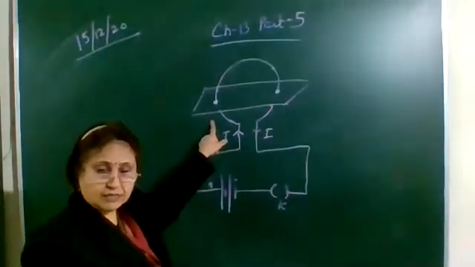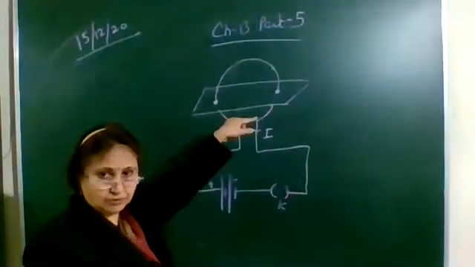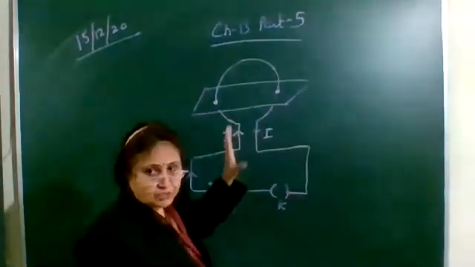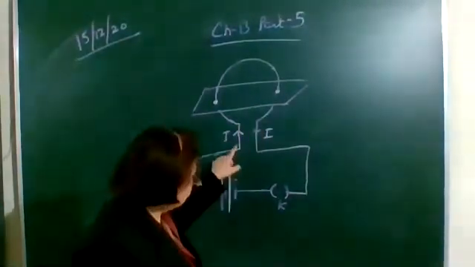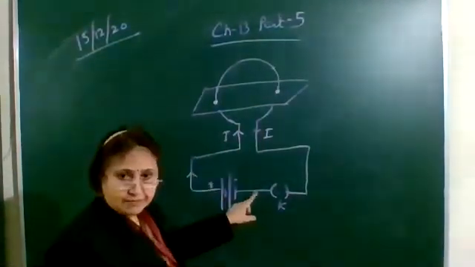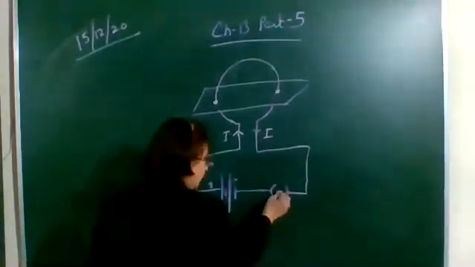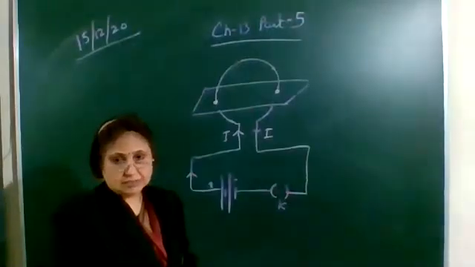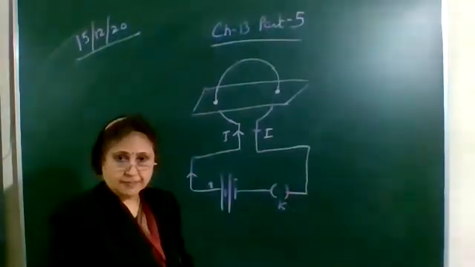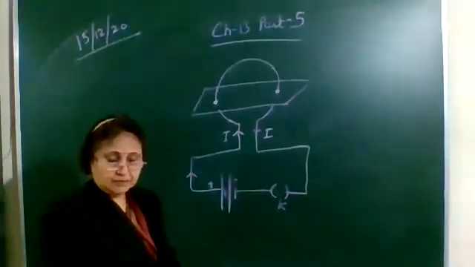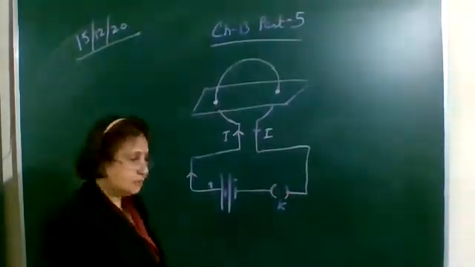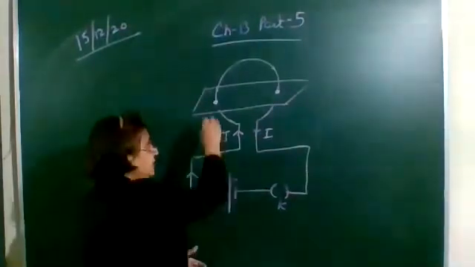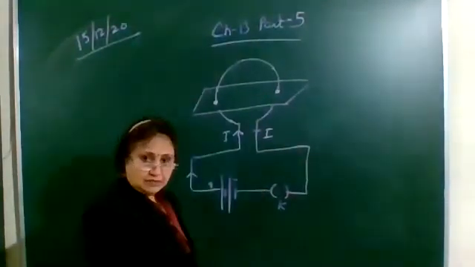So what you have to do is take a circular loop, a circular wire, and pass it through the holes which you have made in the cardboard, and connect the ends of the wire to a battery and a key. Now sprinkle some iron filings on the cardboard and then insert the key. First you have to sprinkle some iron filings on this cardboard and then insert the key.